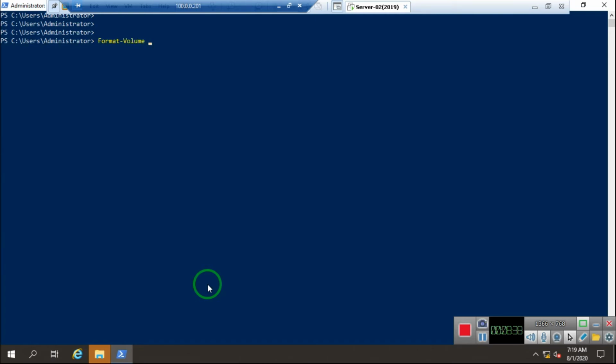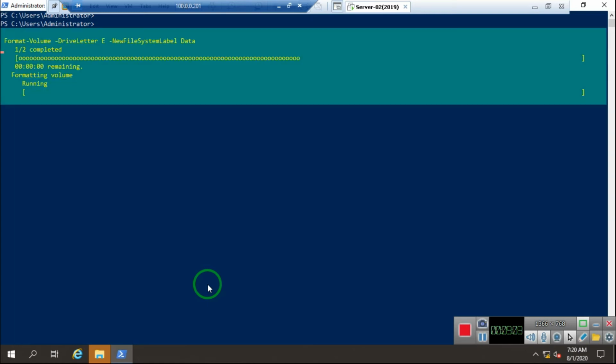We need to define the drive letter. The drive letter is E, only E. Then here you define the new file system label. If you want to set a label, you can set it. Like I want to set Data, and enter it after that.